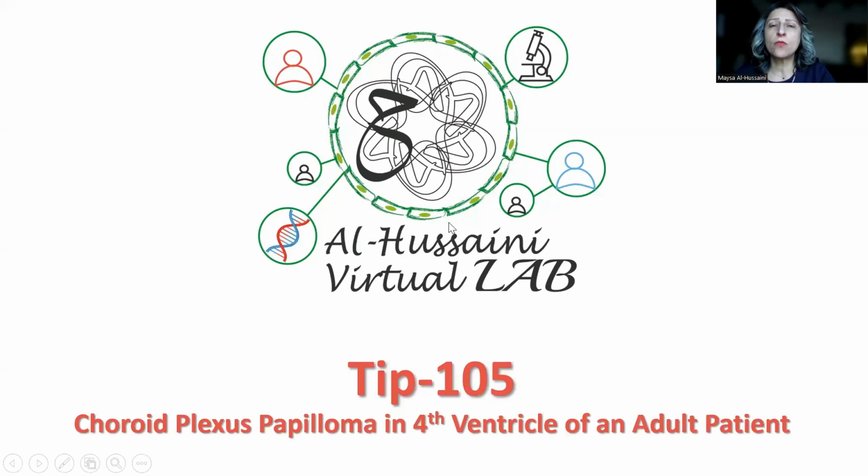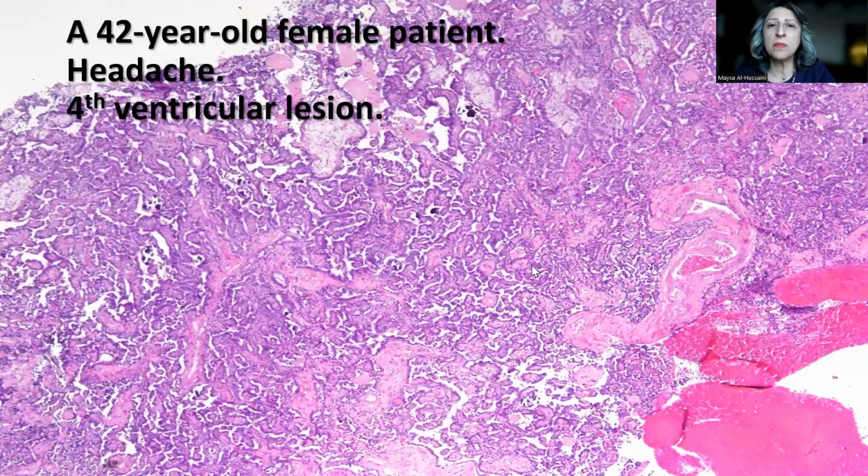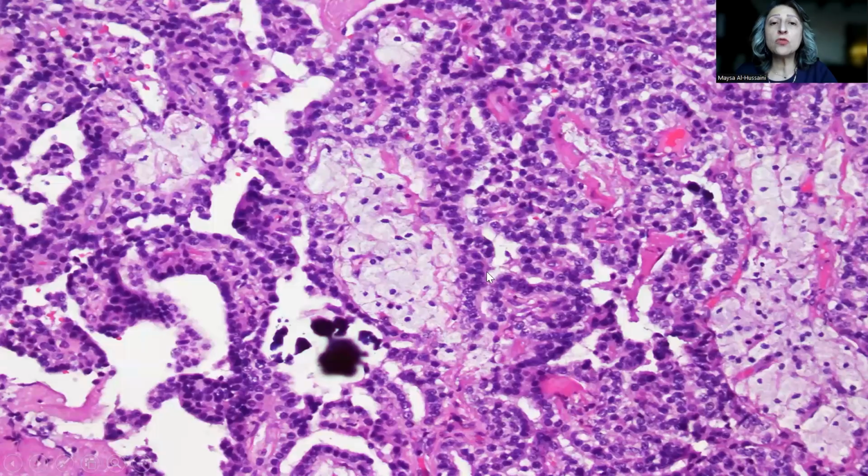What I'm going to be sharing with you today is a nice example of choroid plexus papilloma in the fourth ventricle of an adult patient, and this is the trick. So this is a 42-year-old female patient who presented with headache and was found on investigations to have a fourth ventricular lesion that, as you can see on low power magnification, shows this beautiful, very clear papillary architecture with some calcification. So zooming in on high power, you can see the papillae, very well formed fibrovascular pores lined by a